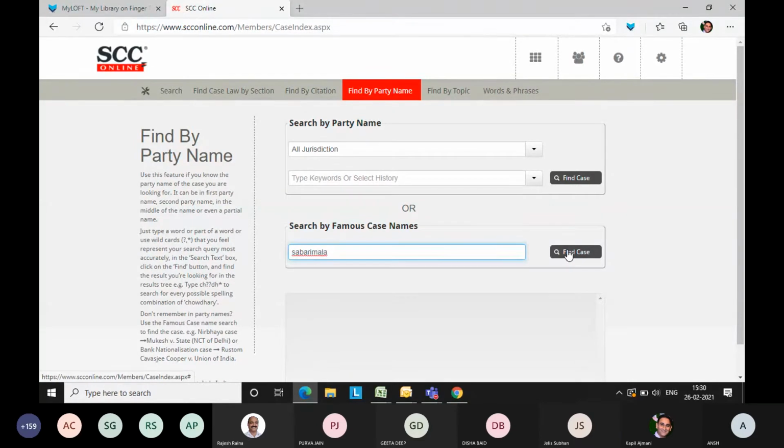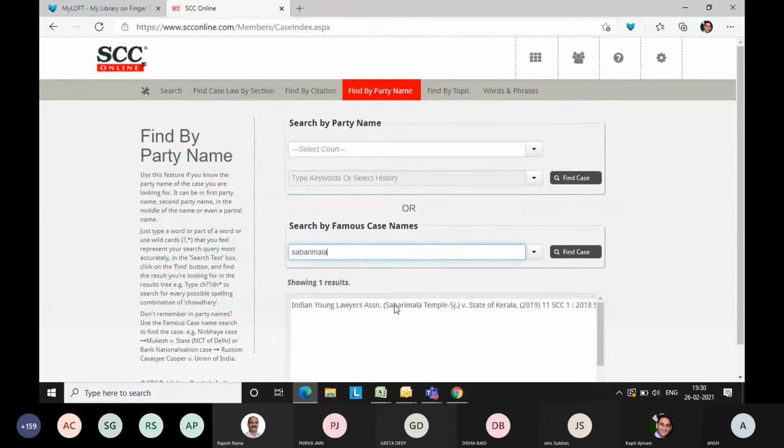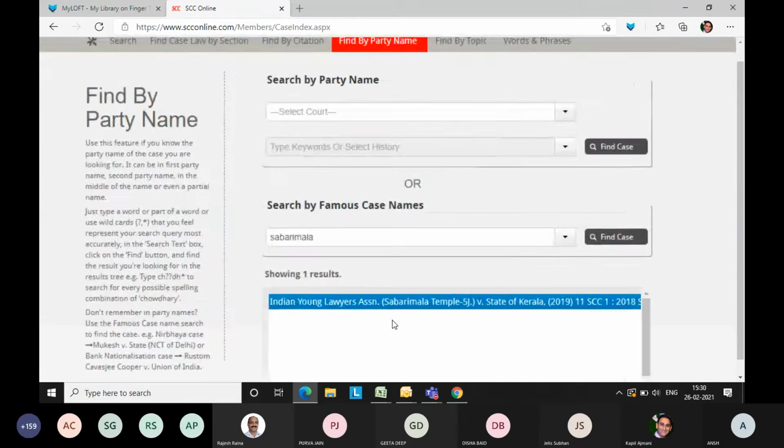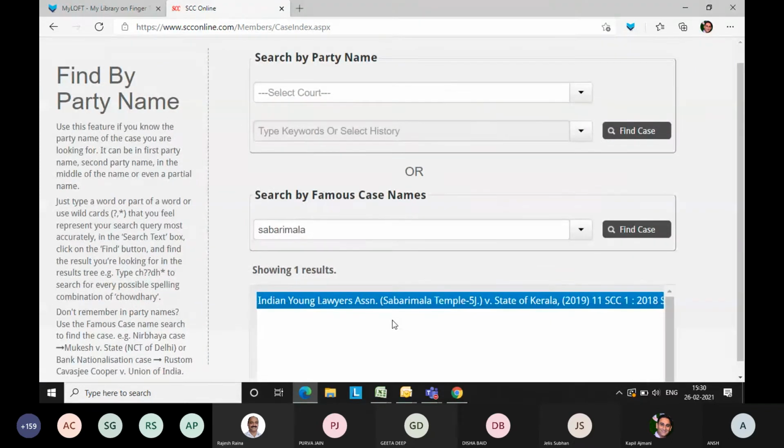Sabarimala, right? And you can see the software has decoded and given us the actual party name, that is Indian Young Lawyers Association versus State of Kerala. So that is how you can find these famous, media-made cases.